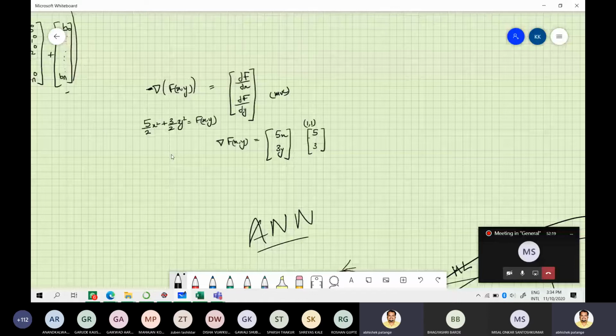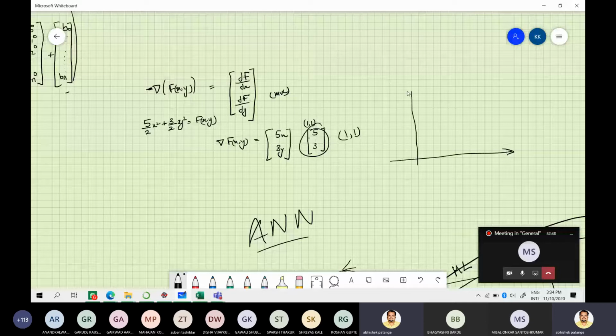And with respect to y, x is 0, so 3y. At 1 comma 1 that is 5 comma 3. So at point 1 comma 1 in the xy domain, the function will change 5 times in the x direction and 3 times in the y direction.